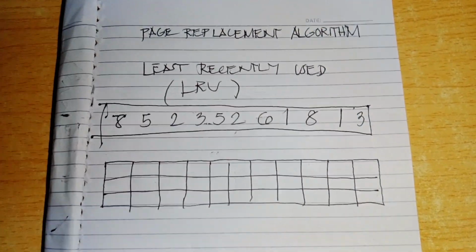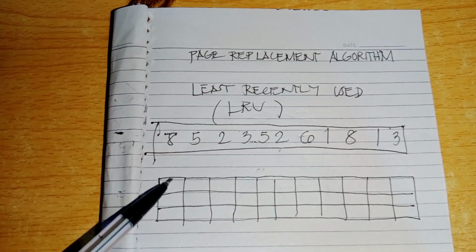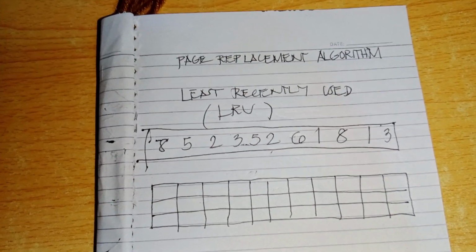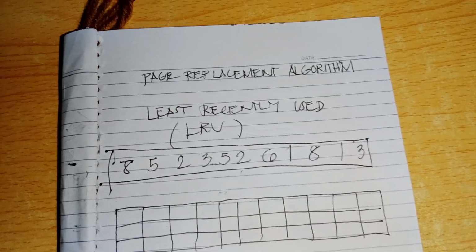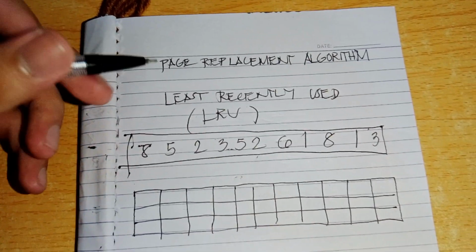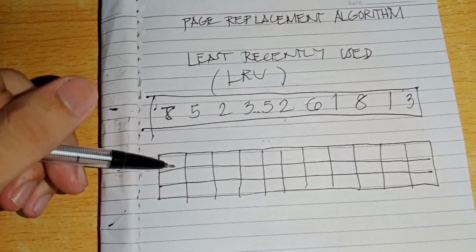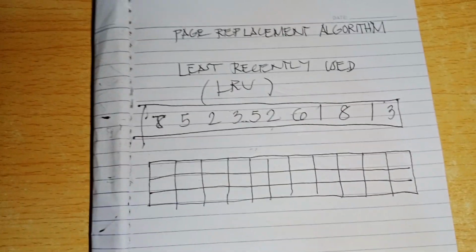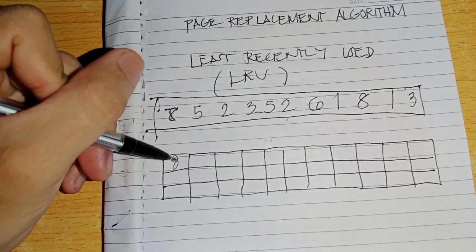So, let's begin. Here, these are what we call pages, and it is the table or the space. Let's do this activity. So let's begin with the first page, which has a value of 8. As we can see here, there are still 3 remaining free spaces in this box or in this area. So what we're going to do is just put the 8 on the first